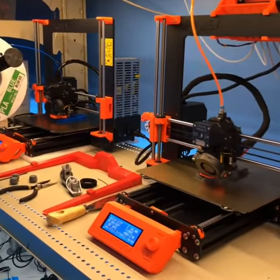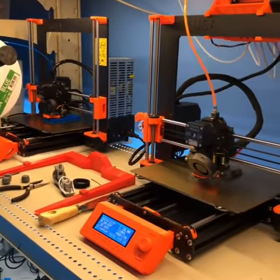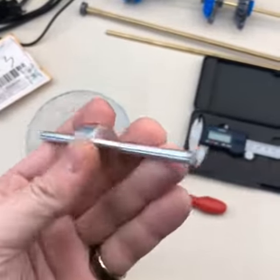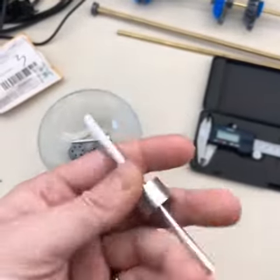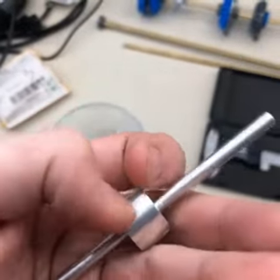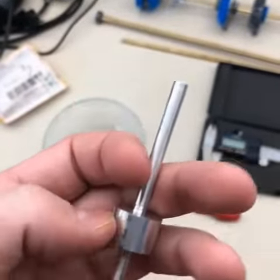Hey gang, today I'm printing two mirrored parts. In a previous Instagram you may have seen I was using a lathe to make this part. I didn't do a very good job of it, but I'm going to try again later today. Watch for that. Now, in the middle of this part I'm supposed to put a hole right through the center,